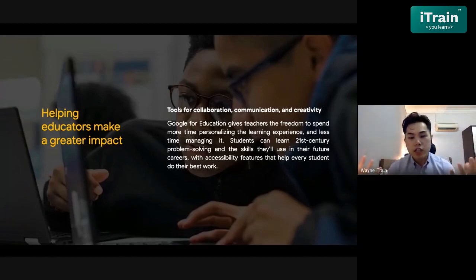So Google for Education basically gives you more freedom to spend more time personalizing your learning experience and less time to manage it, because with all the sharing tools and collaboration tools that we have, it allows your students to collaborate, communicate more effectively, and also trigger their creativity when they're learning. Because if you're doing traditional learning, like what we are going to talk about later on,